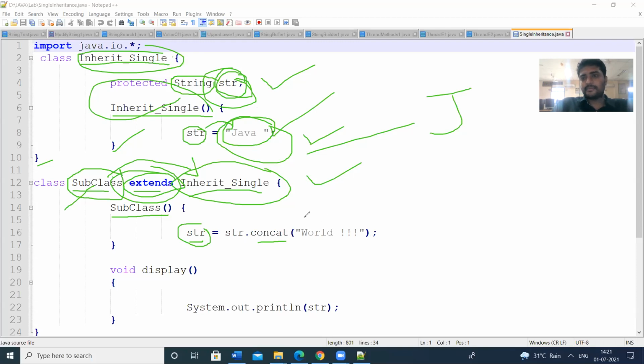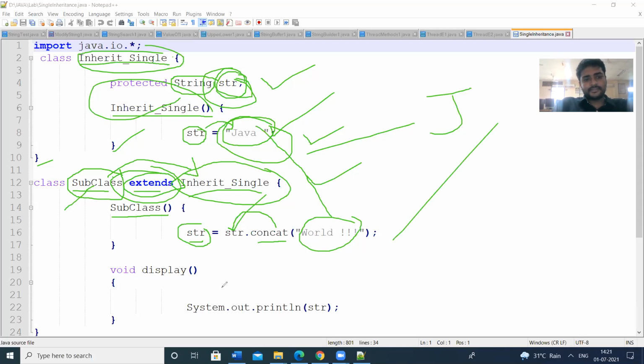Now I am adding another string, world, to the Java. So for adding two strings, we can use the predefined concat method. I am applying the concat method on the string str. So this is the constructor I have defined.